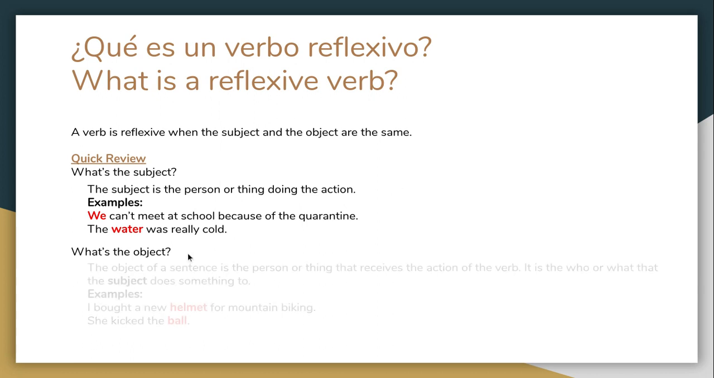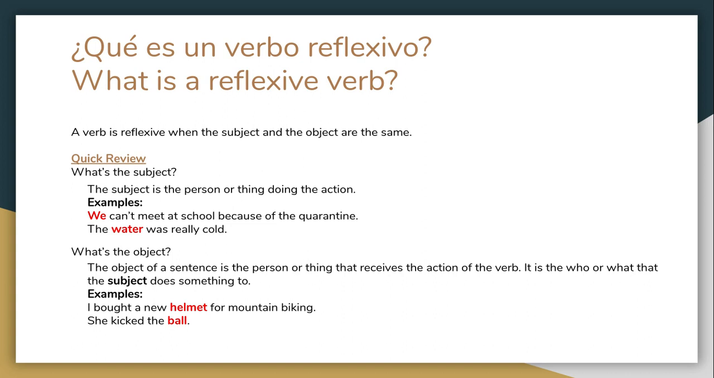What's the object? The object of a sentence is the person or thing that receives the action of the verb. It is the who or what that the subject does something to. Two examples. I bought a new helmet for mountain biking. What did I buy? I bought a helmet. So in that example, helmet is the object of the sentence because it is receiving the action of the verb